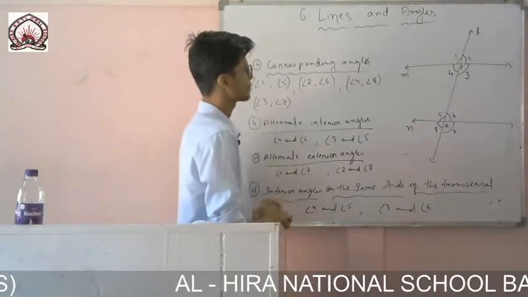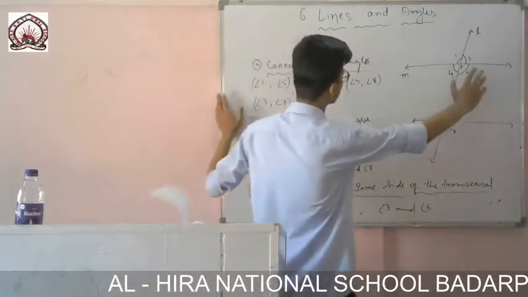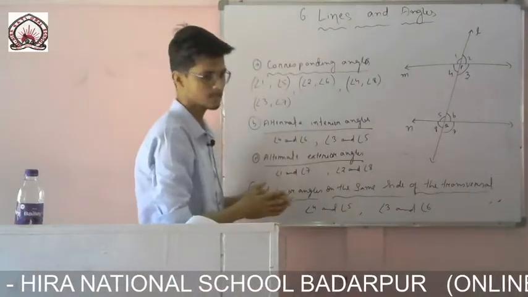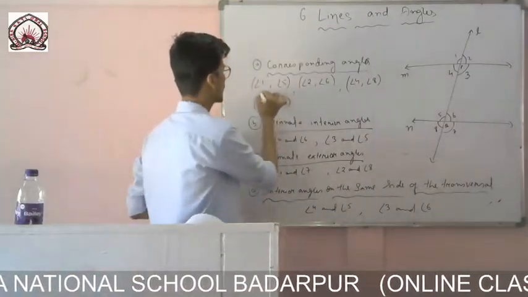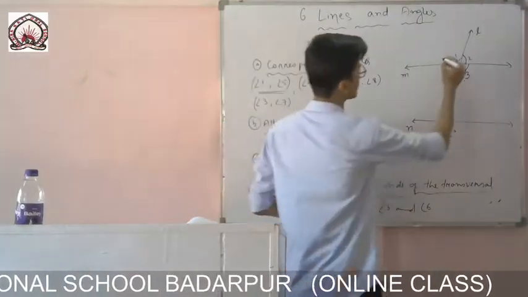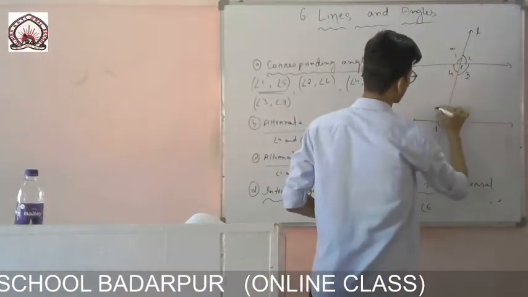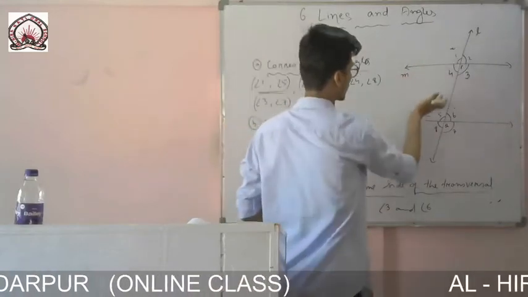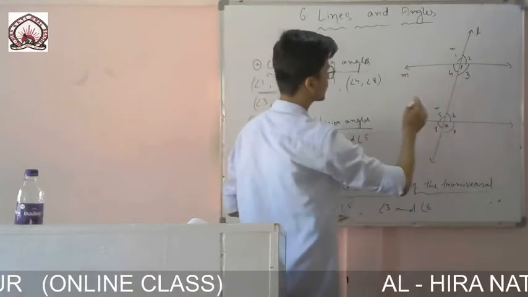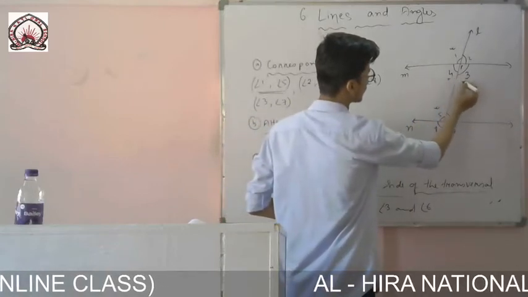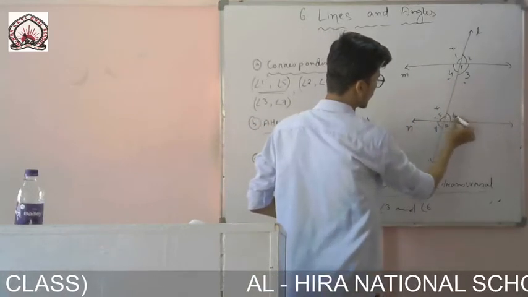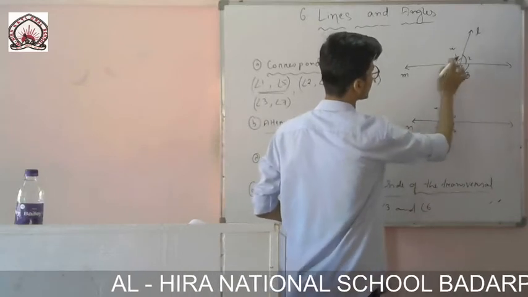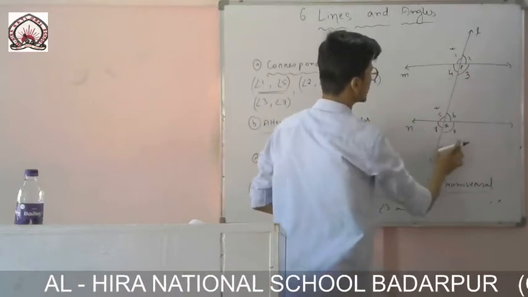So you see here corresponding angles. Corresponding angles I have written by giving brackets so that you can easily see. First one, angle 1 and angle 5, these are corresponding angles on the same side, okay. One is in the exterior, another one is interior. Let me say before that, these are interior angles, angle 4, angle 3, angle 5 and angle 6, and these are exterior angles 1, 2, 8 and 7, okay.